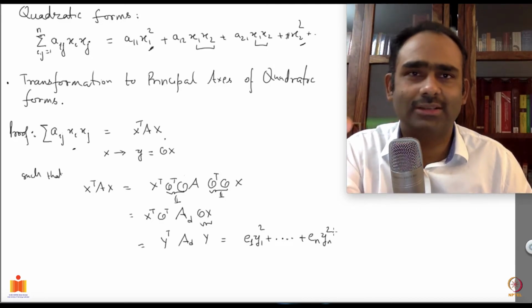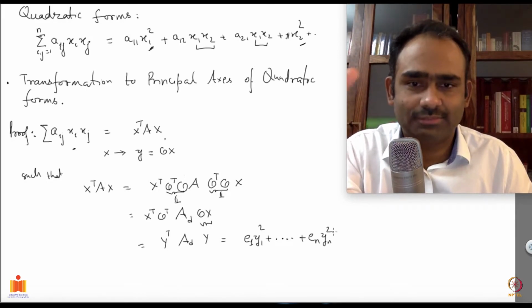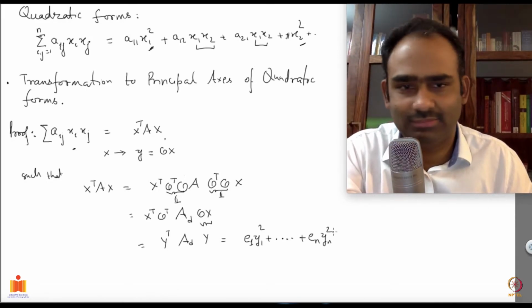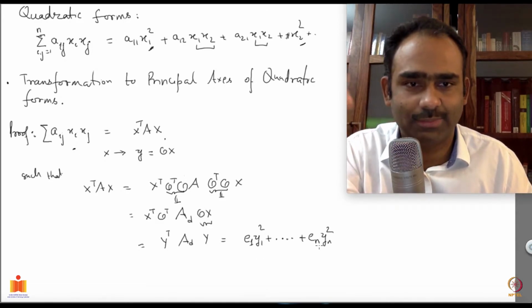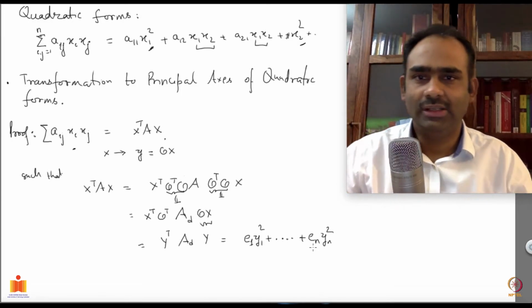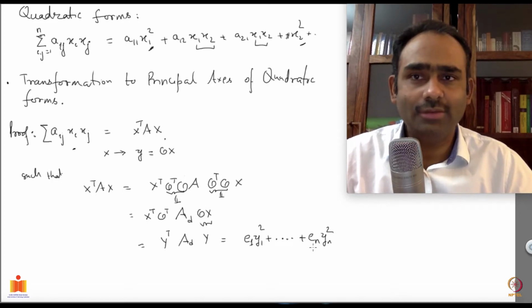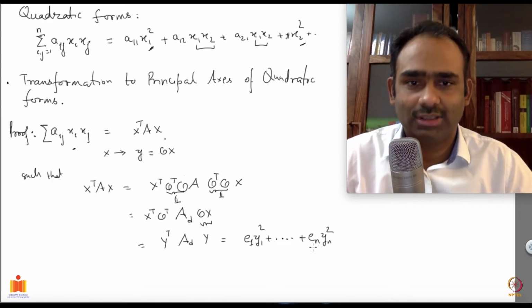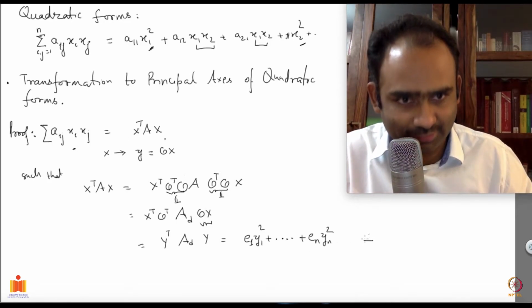I have assumed that none of the entries on the diagonal are 0, but it's not a problem if they are. It's not a problem if they are repeated. Even if they are repeated, it's fine. So I can put any quadratic form into a sum of squares. That's what I have done, which is nice, which will be very useful.